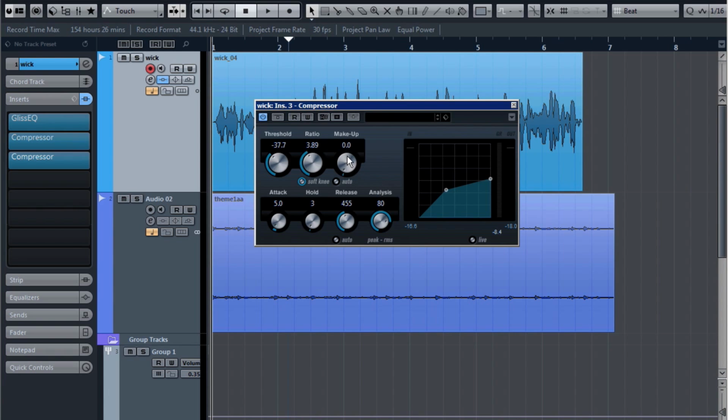So that's a good starting point. Normally I would start adding makeup gain with the LA2A, which would be my second compressor in this chain. But since I'm using this one, it's not adding so much coloration as the UAD version would do. But I could use this makeup gain and start boosting it back already, like half of it, like maybe 10